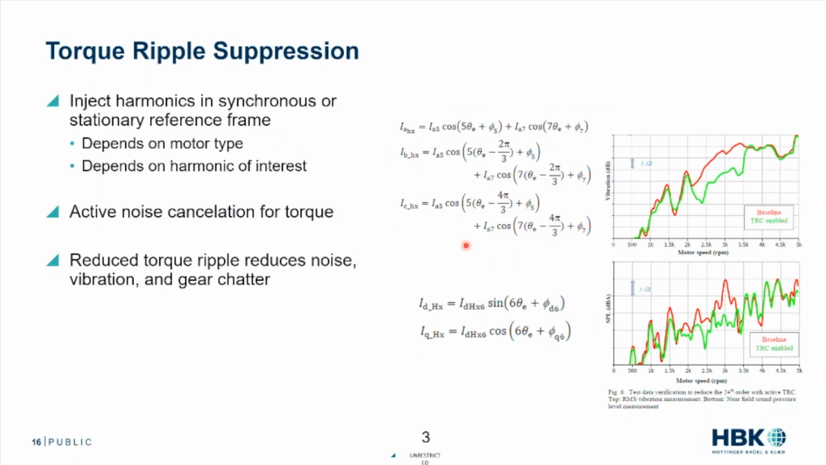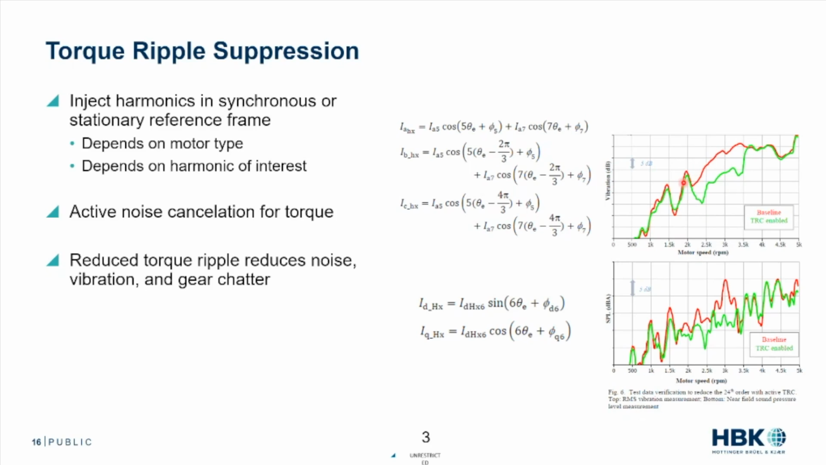Torque ripple suppression. We can inject harmonics at a certain area in the machine, in the synchronous or stationary reference frames, again, depending on motor type. But it's basically active noise cancellation for torque. So if we have a torque ripple, we can inject harmonics into the current to try to eliminate that. And here's an example from a paper General Motors recently published, where they're actually looking at the vibration content versus